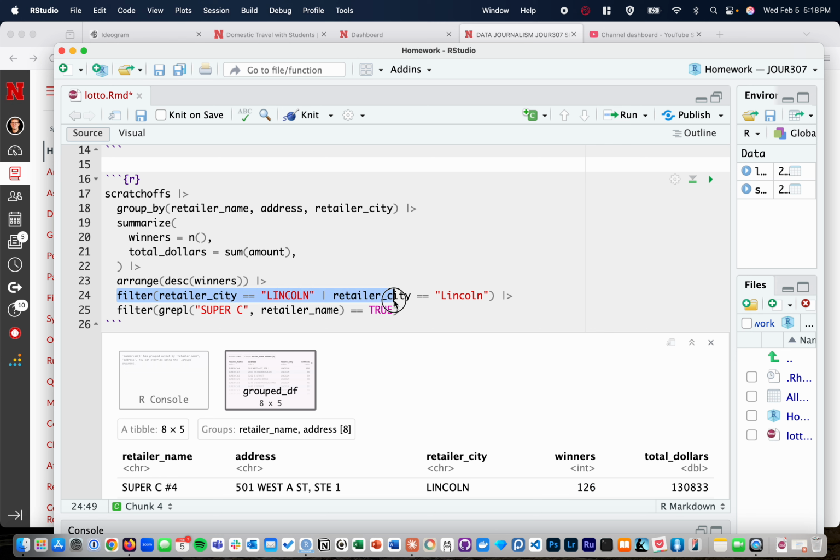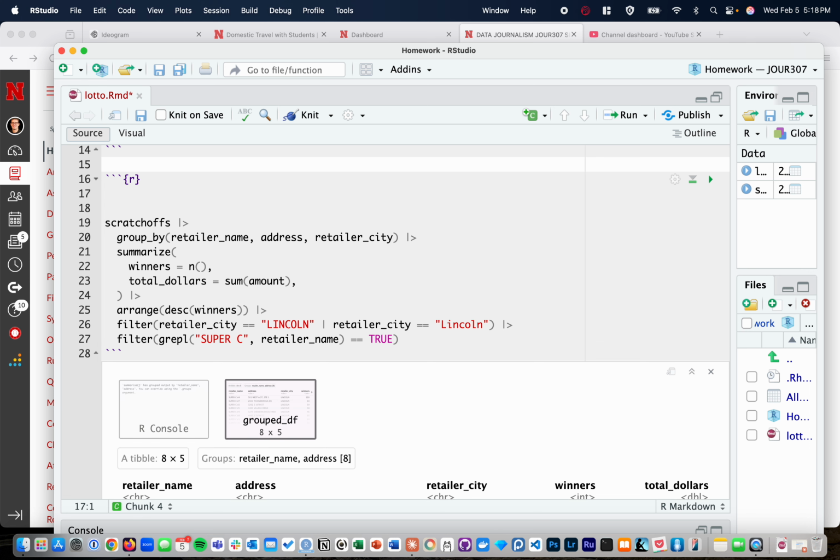Another way to filter this. Let's say we had a list of cities that we did want to include in here. We could create a list of them. Let's call this cities. And the way we do this is with the c function. c means concatenate. Basically, concatenate a list together. And then we can just say